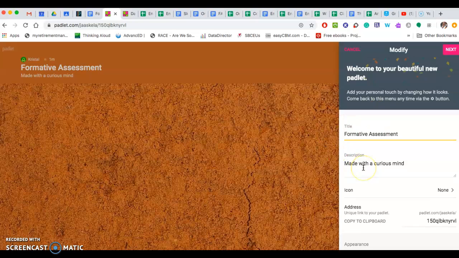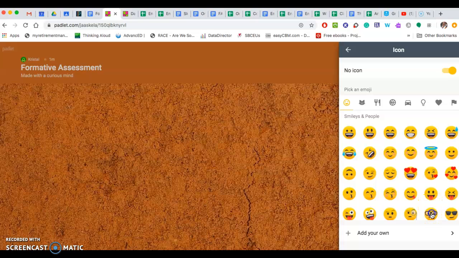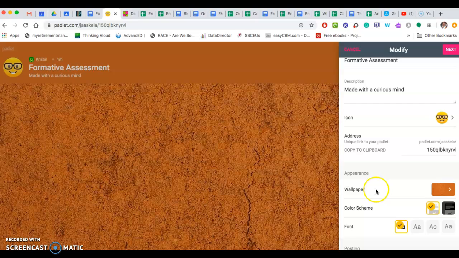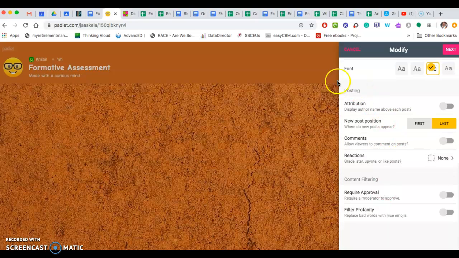You can change the name. You can add fun little icons that depict what you're doing. You can change the appearance of what the wallpaper looks like and the fonts. So there's a lot of fun choices for you to make. Most importantly, down here,